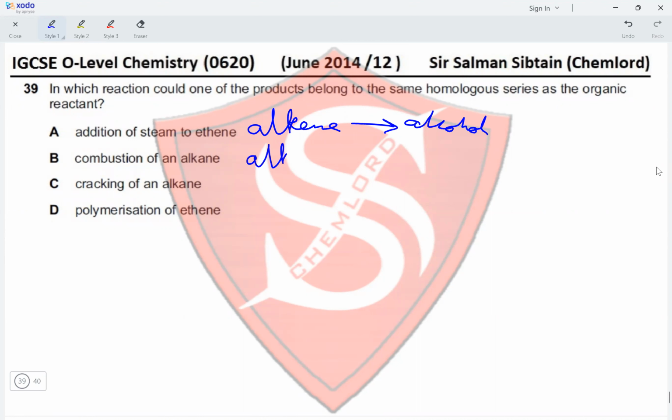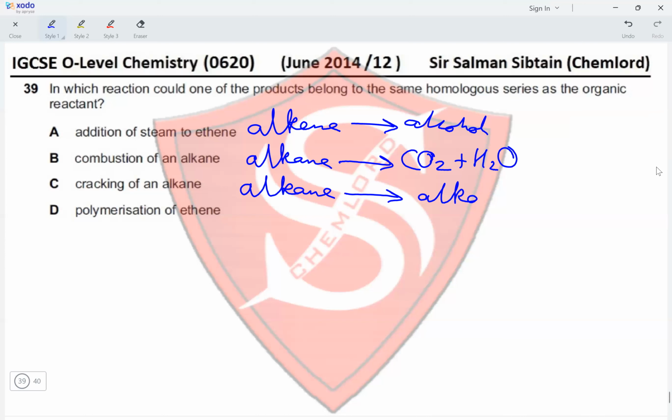This is alkane going to CO2 and H2O. Cracking of alkane. So this is alkane going to alkane plus alkene plus hydrogen gas, and polymerization of ethene is alkene going into